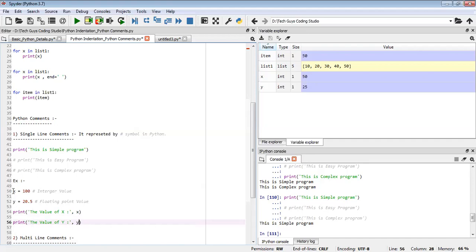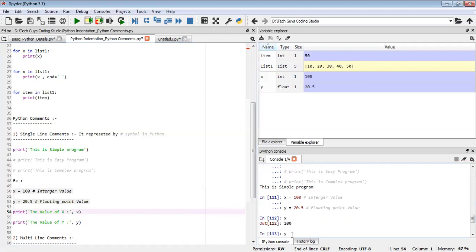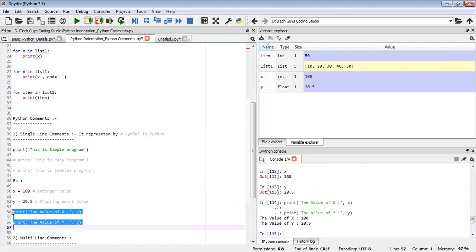So now if I execute x and y, what's happening? See, I'm getting the x and y value. I'll put x and y here also. You can see in the comment line the value of y. Okay, like this. So now executing, I'm getting the output: the value of x is 100, the value of y is